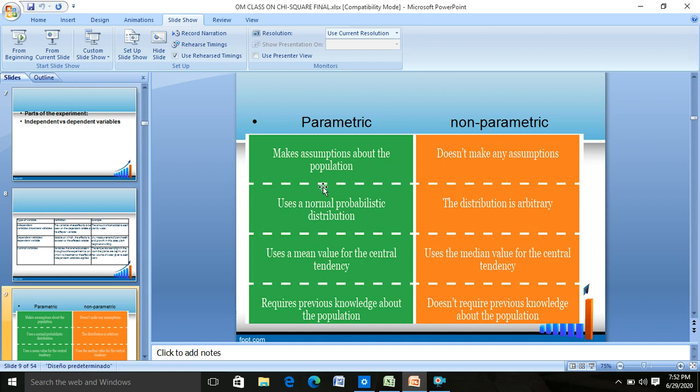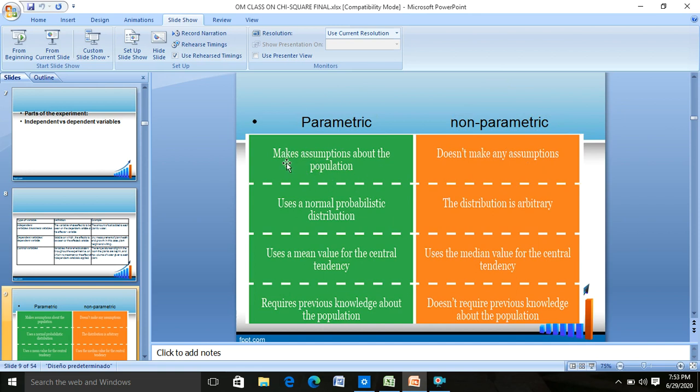Parametric tests are the tests based on population parameters. So all those variables for which we have population parameters available, we go for parametric tests. So in quantitative variables, you use the parametric test for hypothesis testing, and for qualitative variables or attributes, you use non-parametric tests, because in that case you do not have population parameters like mean, median, mode, etc. available, as you have in the case of parametric tests.